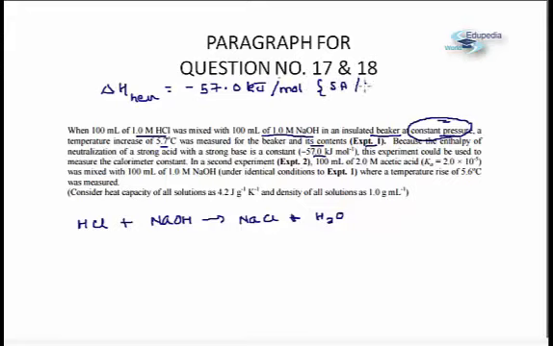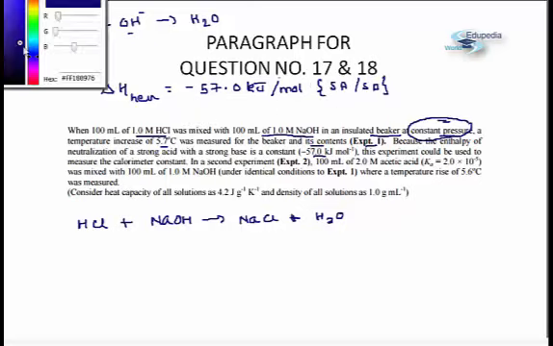Okay, so this is the value of delta H neutralization which we have been given for strong acid, strong base. I would also like to add the point over here that the value of delta H neutralization for all strong acid base reactions is a fixed value, because fundamentally the reaction which is taking place over here is that H plus from the acid and OH minus from the base combine to give you water. This is the fundamental reaction which takes place in all neutralization reactions. Okay, now it says that this delta H neutralization is 57 kilojoule per mole.